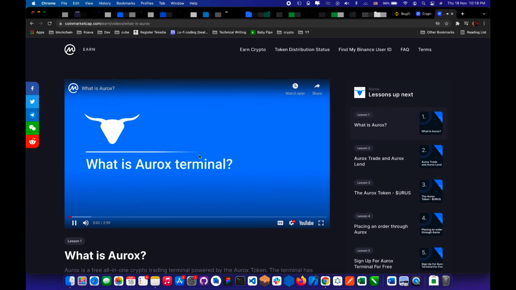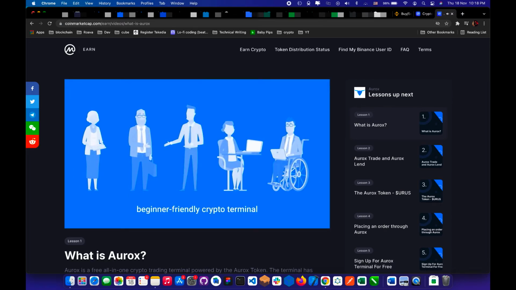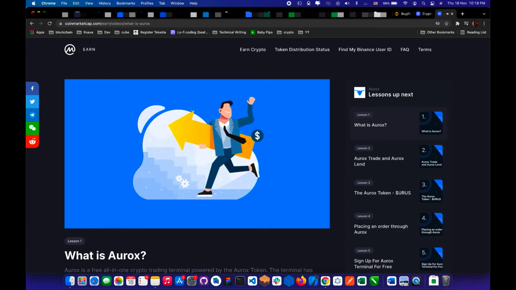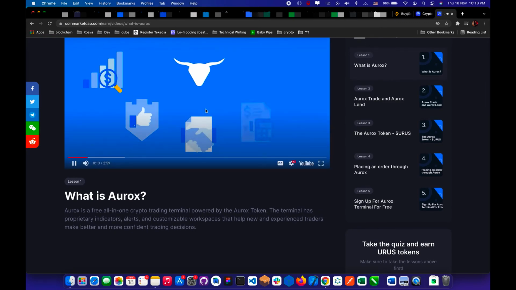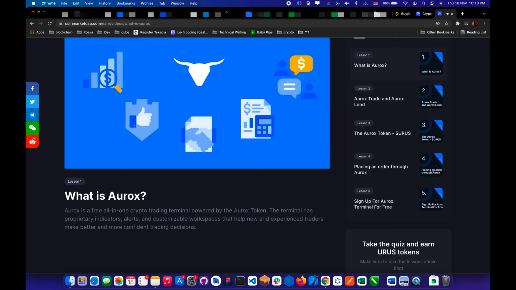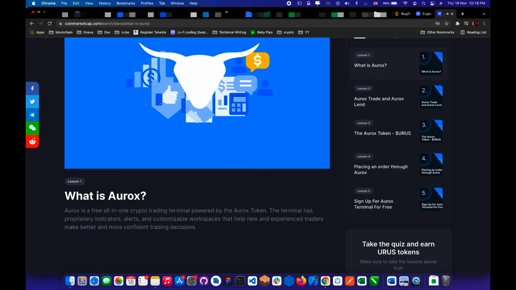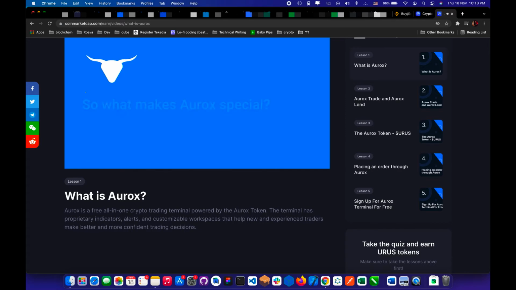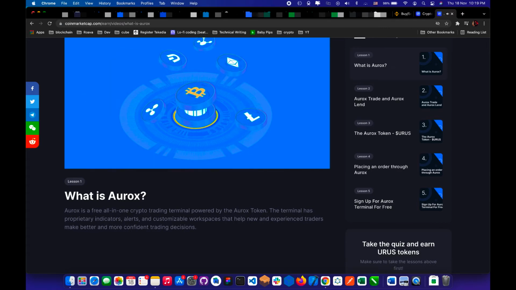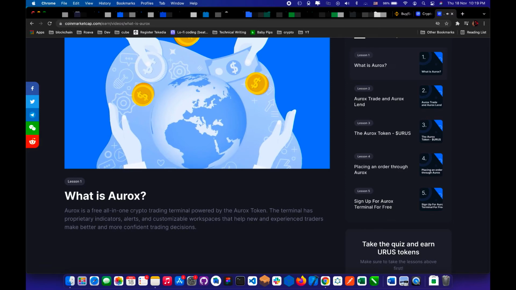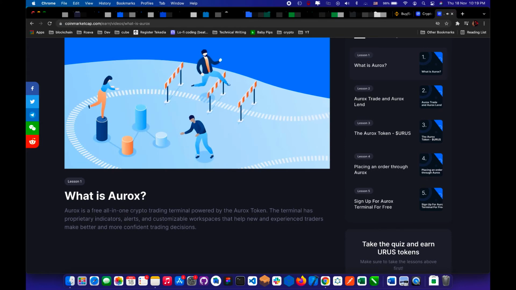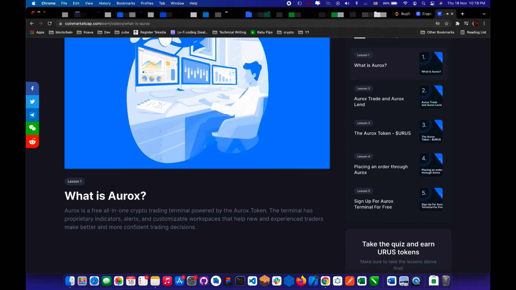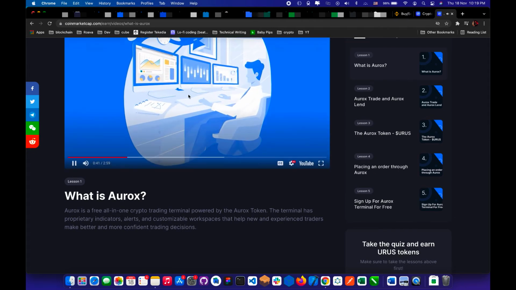What is Orox Terminal? Orox is a beginner-friendly crypto trading terminal designed to help traders make more profitable trading decisions while providing instant access to proprietary indicators, alerts, exchanges, order books, charts, and news from one single software. Think Bloomberg Terminal for crypto. So what makes Orox special? As the crypto sphere matures, there's skyrocketing interest in trading and investing from all over the world. However, trading cryptocurrency still has a high entry barrier for newcomers. That's because in order to make consistently profitable trades and investments, new traders have to perform advanced technical analysis and